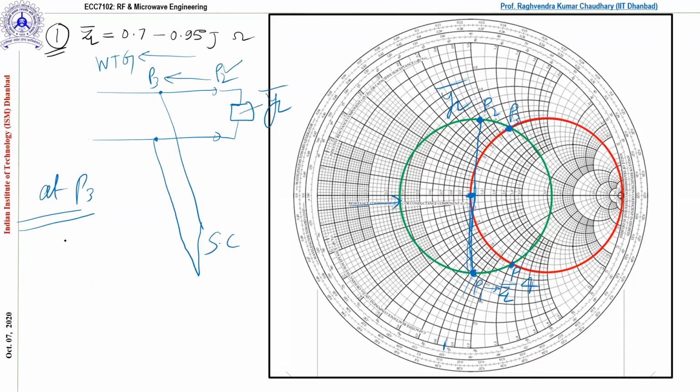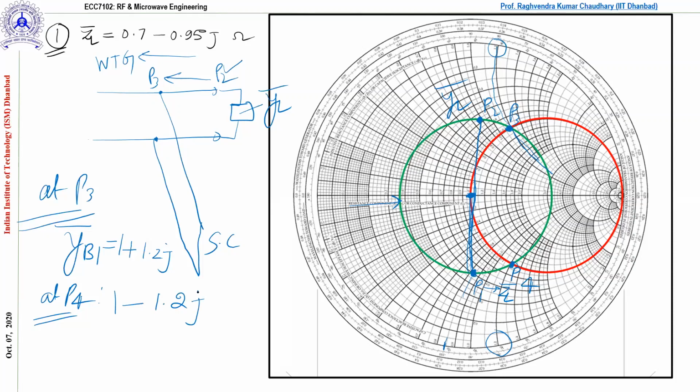So at P3, if you write the solution, this YB1 bar will be 1 plus 1.2J. Okay, how have I written these things? If you see, this point is actually the susceptance circle. So this is 1.2, and this is plus 1, correct? And at P4, if you see this line, this is minus 1.4. This is minus 1.2J, correct?